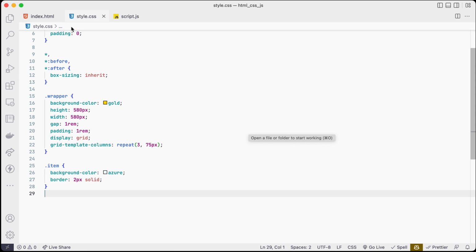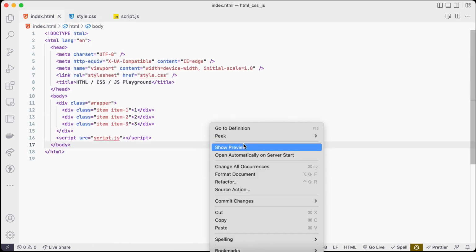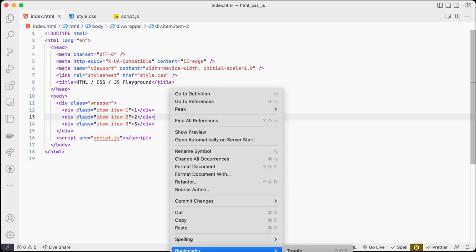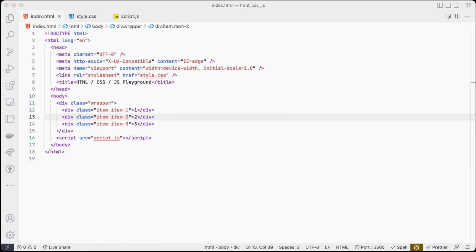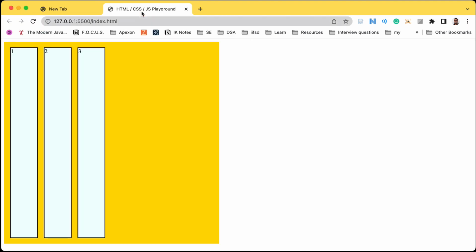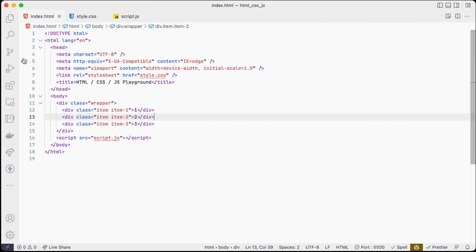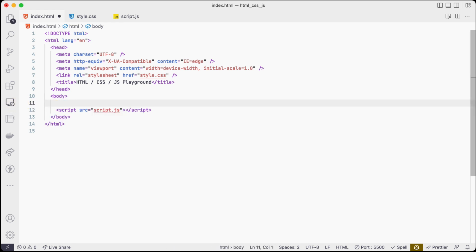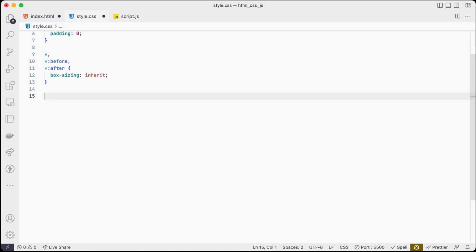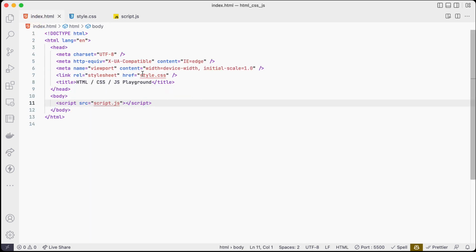I'm not sure where it was the last time we played around with it. Let me open with live server and I'll include it here. Then I'll clear out all of these. I'll get rid of all the styles. Okay. Now what I'll do is I'll